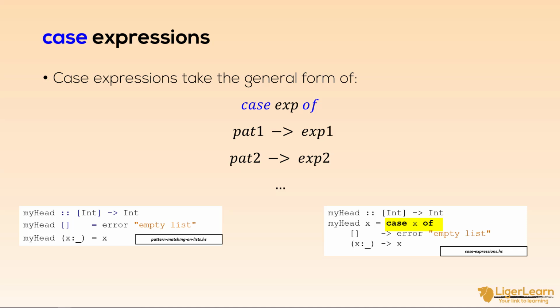In our case, we only have 2 patterns, but in the general case, you can have as many patterns as you like. The pattern matching rules for case expressions are the exact same as what we already know from function definitions. Haskell will go through the patterns from top to bottom, and if no pattern matches, a runtime exception is thrown. This is the behavior we have already seen, so there is really nothing new to learn here except the